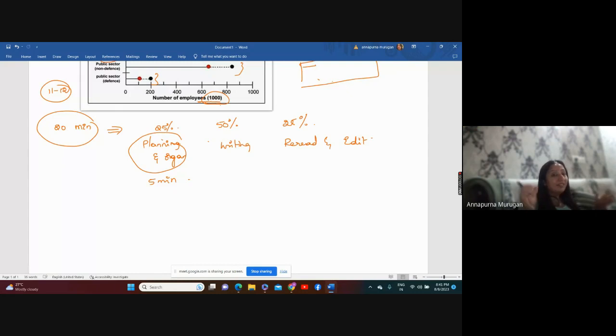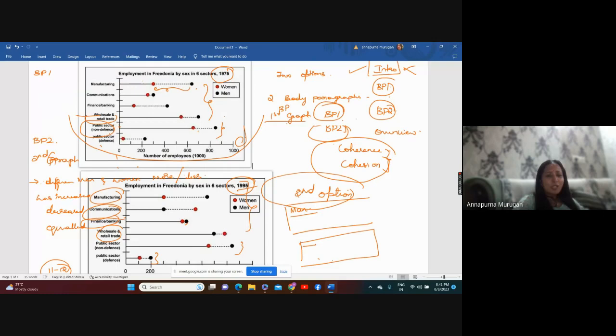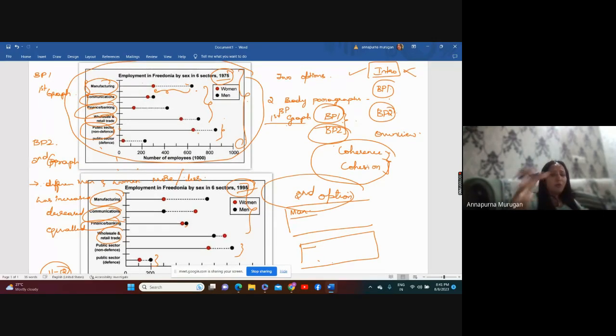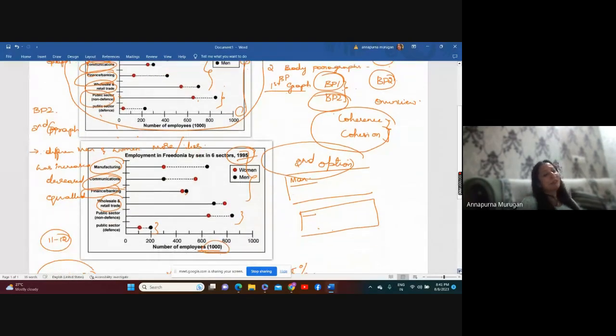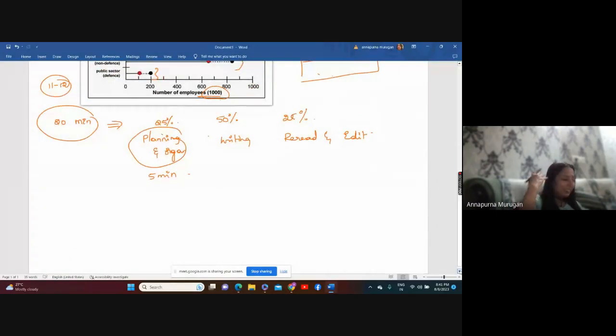Always think that when a graph is given to you, you are basically explaining what has happened in that particular place. It is not that you're just randomly telling the numbers. If you have to randomly tell the numbers, then why is this task given to you? We don't want thousands of people, dear. Don't use thousands of people. Your main focus is what is happening, where it is high, where it is low. That is the thing you need to present. When we are saying don't use the numbers, please don't use the numbers. Whether it is in any form, whether you use it in thousands, don't.